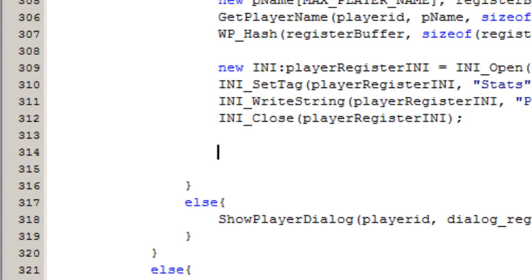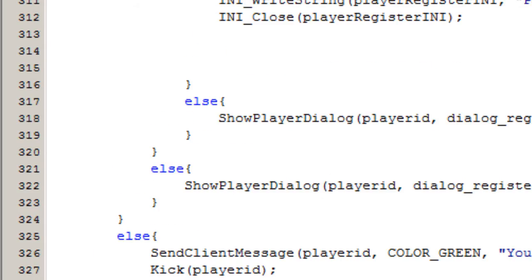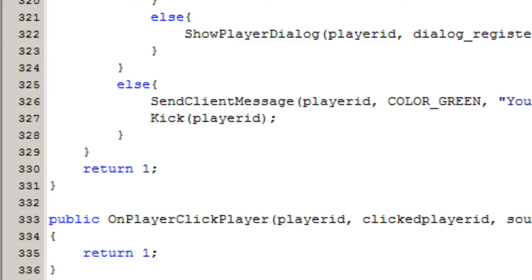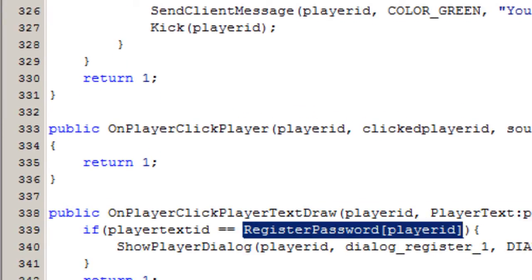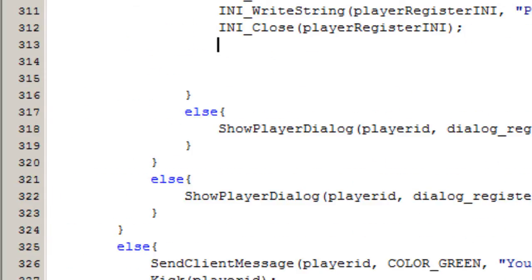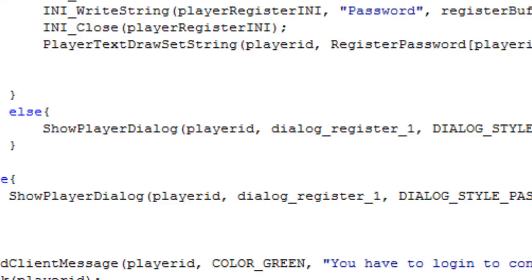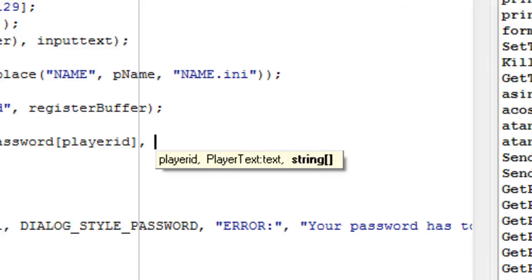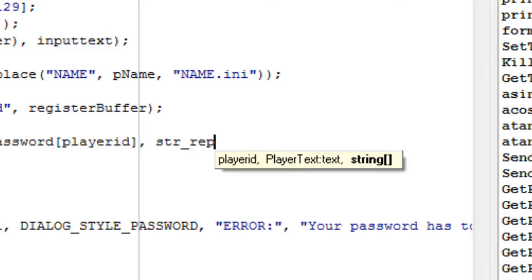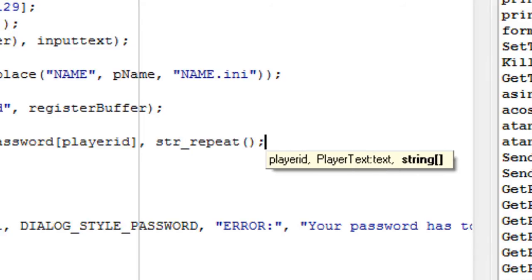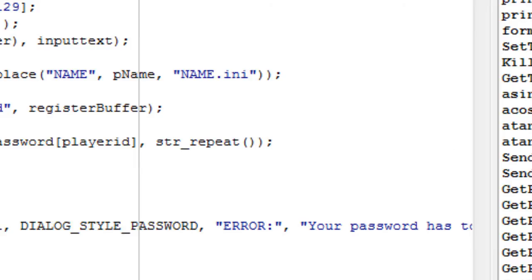Now what we want to do is to actually change the actual text row. So if we go down here, we can see that we have a text row called register password, and then we have an array with the player ID. Basically what we want to do is to do player text draw set string, and this is going to want the player ID as well as the player text with the player ID, and we're going to set the text to str_repeat,